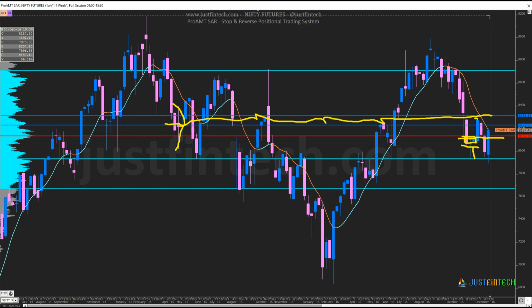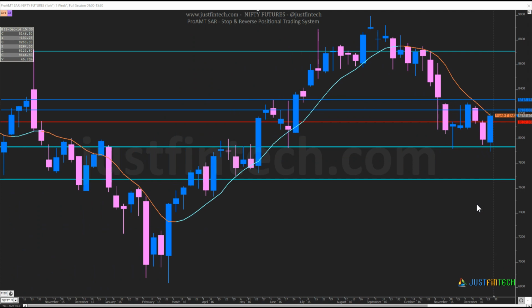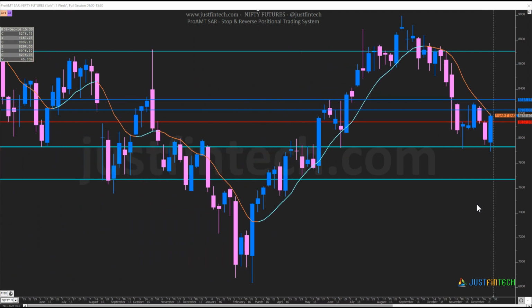Now, let's delete the drawing and see what happened here. Now you have a balance already here. It tries to push into this, fails and comes back down, breaks this low. Again does not find anything here. Now one thing is getting clearer, that